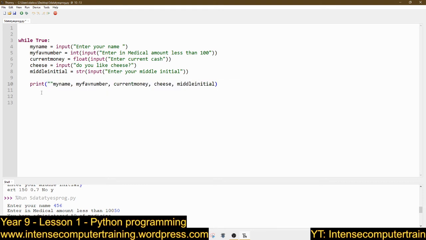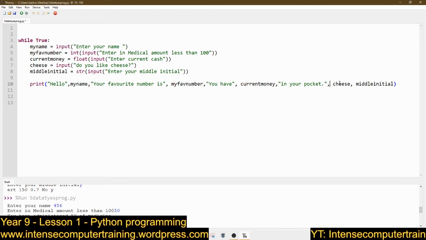I'm going to put speech marks here, and I'm going to put hello, and then I'm going to put a comma after the speech mark because I'm going to print hello, my name, and then we've got a comma, and then it goes your favorite number is, put a comma after the speech marks, then a comma after this, then we've got a comma, and then it goes you have, comma, current money, and then in your pocket. And we're going to put a comma.